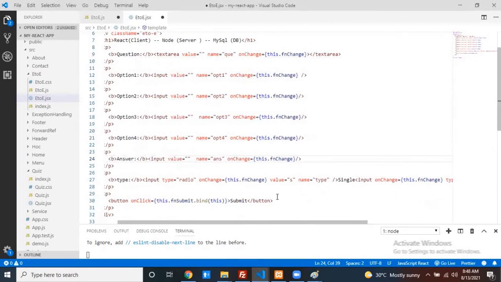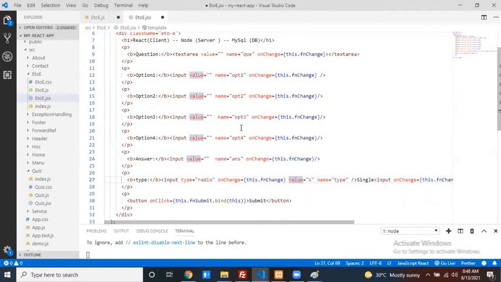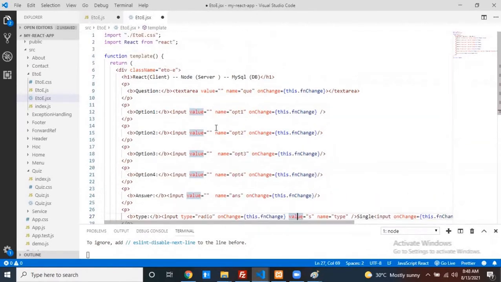Understand? Already the value attribute is here. Now tell me how we can make it empty once it is done, so that instead of hard coding this value, we can make it some dynamic value?